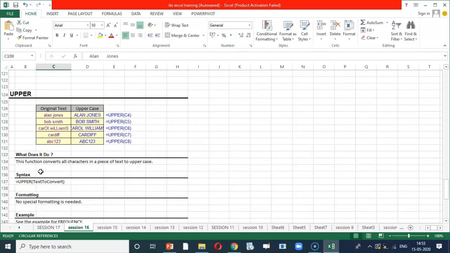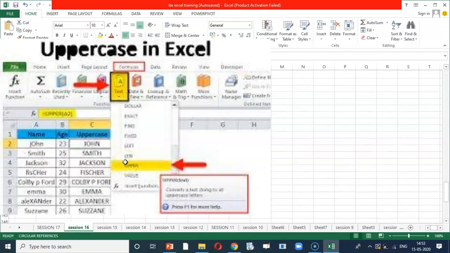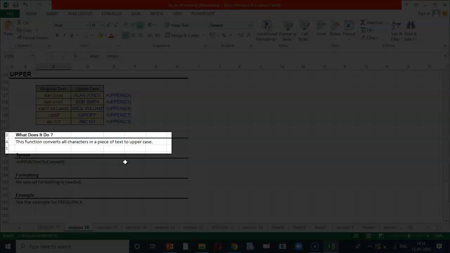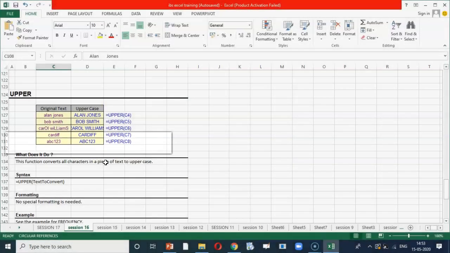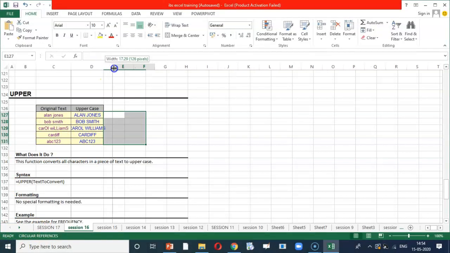Let us move to the next function, namely upper. The Microsoft Excel upper function allows you to convert to all uppercase. The upper function is a built-in function in Excel that is categorized under text function. Let us consider this with the help of an example. Given here the data under